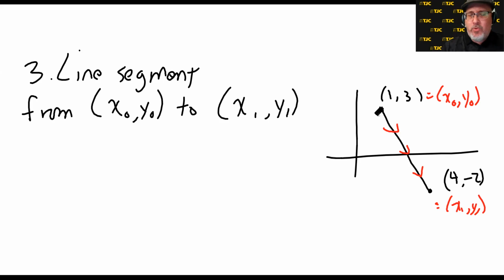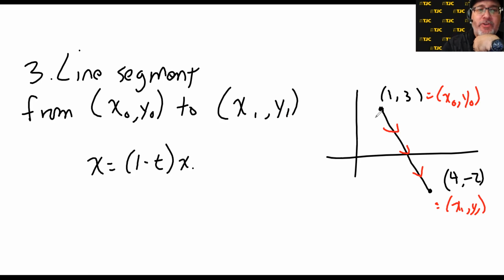So how do we do this? I'm not going to go through why. I'm just going to show it to you. All right, so your x function is 1 minus t times the first x coordinate plus t times the second x coordinate. Or rather, there are two vocabulary words I haven't used yet, and I'm sorry. Initial and terminal points. The initial point is where the parametric curve initiates from,